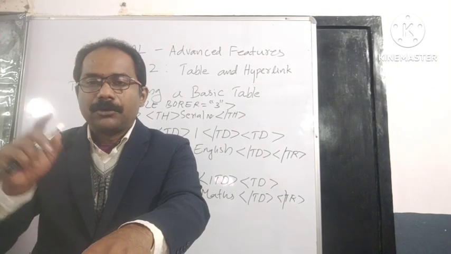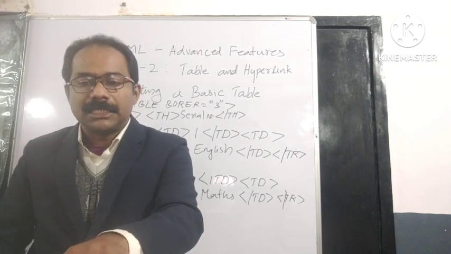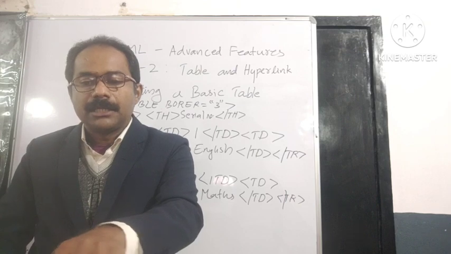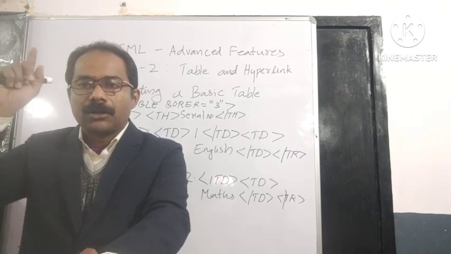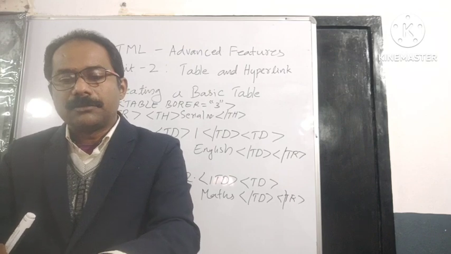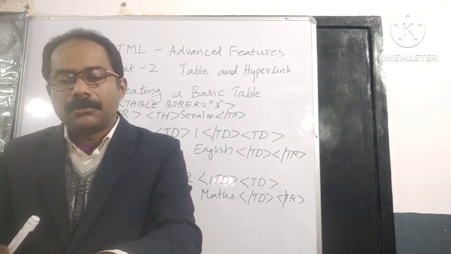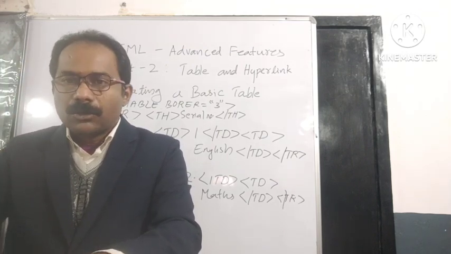In the first row we are going to give the labels, that's why the th tag is given, then name, then /th. So in the heading row we are using the heading tag. So we have to give a th, then name. So the label will be the name. Then after that close the th tag.